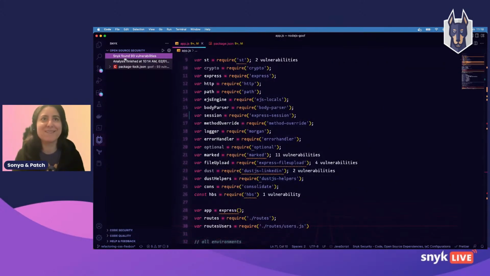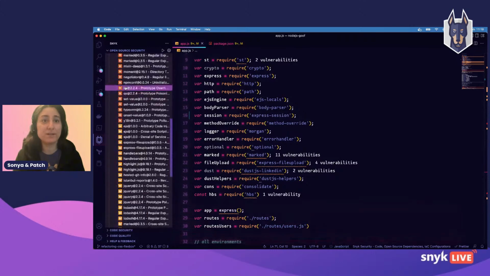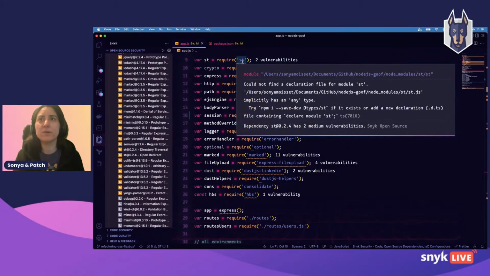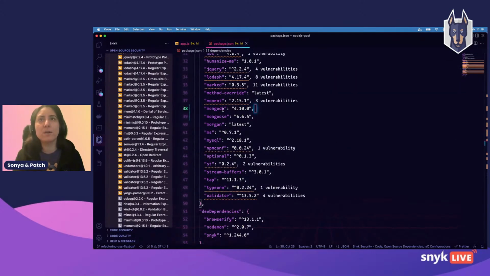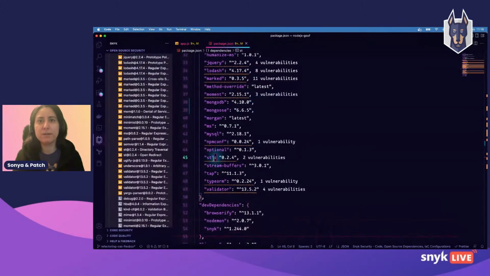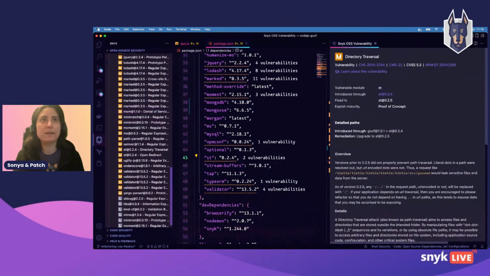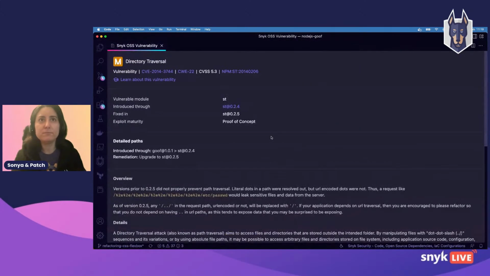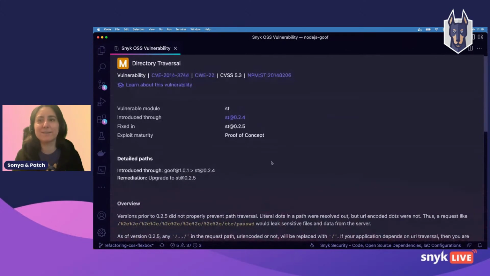So here, bad news, Snyk found 93 vulnerabilities in our project. Cool. So let's have a look. Here, there are a few vulnerabilities around st, the st package. So we can see there are like 2 vulnerabilities here. What I can do also is, as you can see, if I hover here, it says 2 vulnerabilities, but also I can go on the package.json, hover here, click on the little yellow light bulb, show the most severe vulnerability, and here, interesting. Just going to remove this, have a little bit more room. Cool. So directory traversal, interesting. That's the one that I've been performing, the attack that I've just demoed.